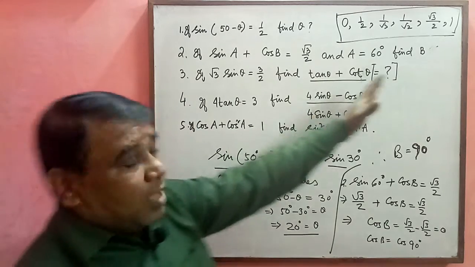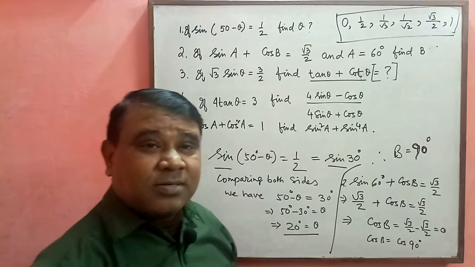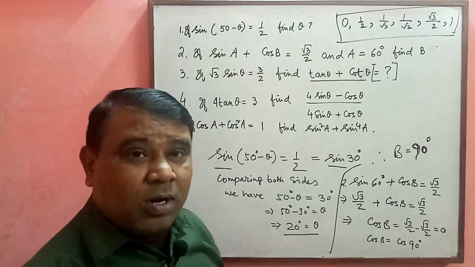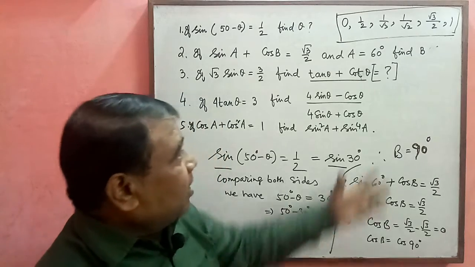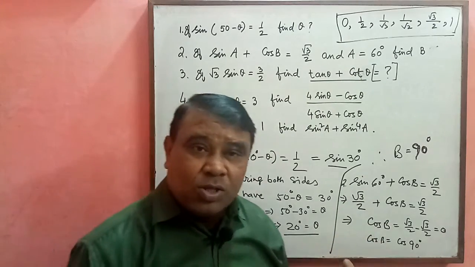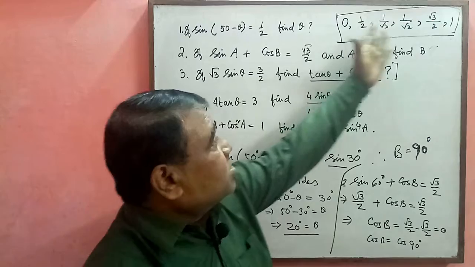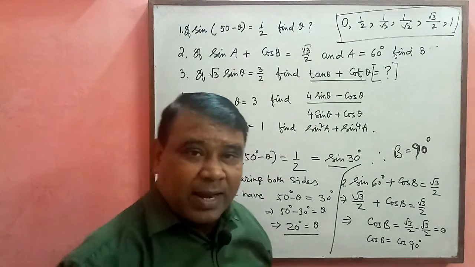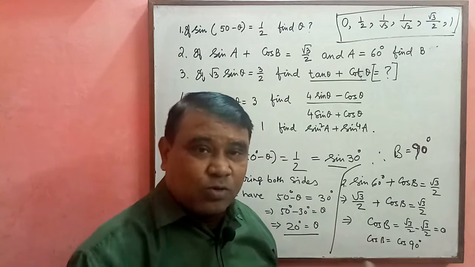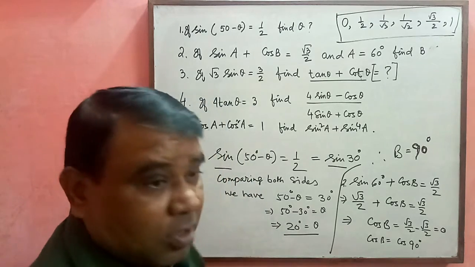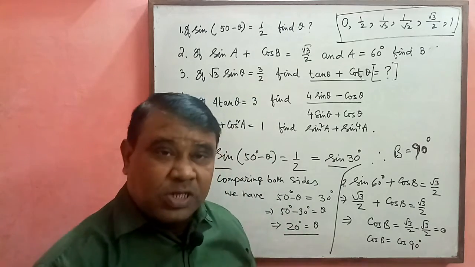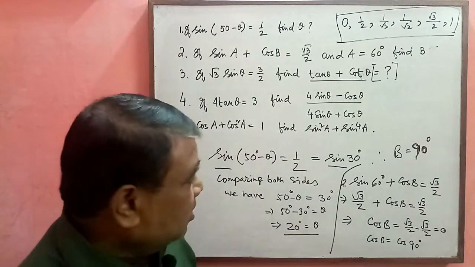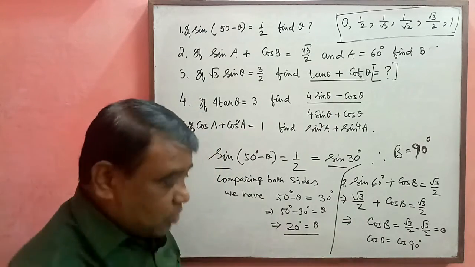Here, I have already discussed this in my basic second class, part 2 of trigonometry. There I told you about the angular relations, and all about these values of trigonometric angles, how to find trigonometric angles like 0, 1, 2, 3, 4, that way I told you. If you haven't watched my video, please go to that video and search for these relations. Here is the solution. Next one.